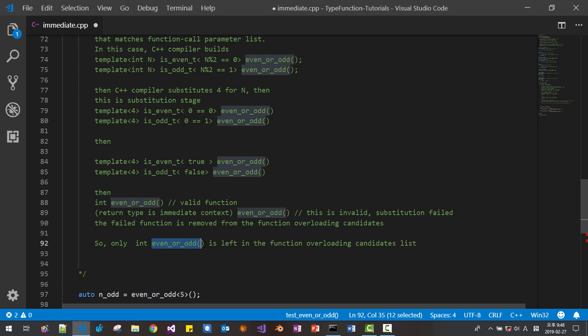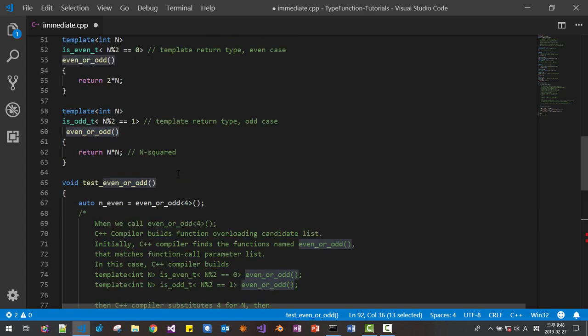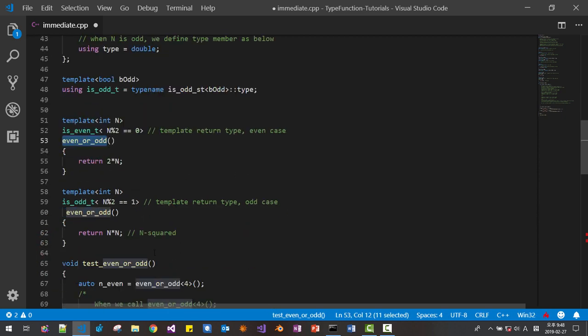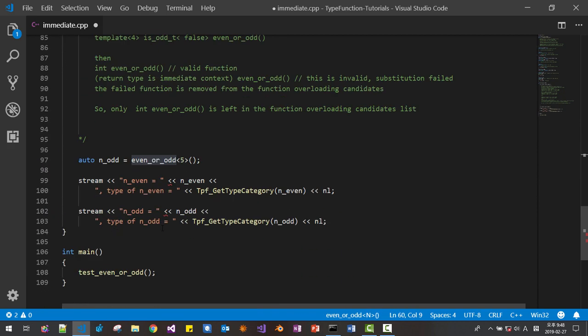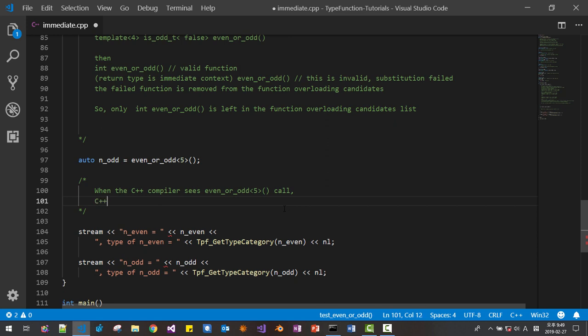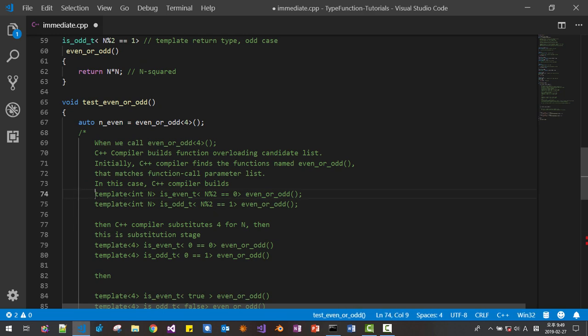So this function is called because the other one failed. In the same manner, when the C++ compiler sees this function call, the C++ compiler builds the function overloading candidates list as below. It will build these two functions.